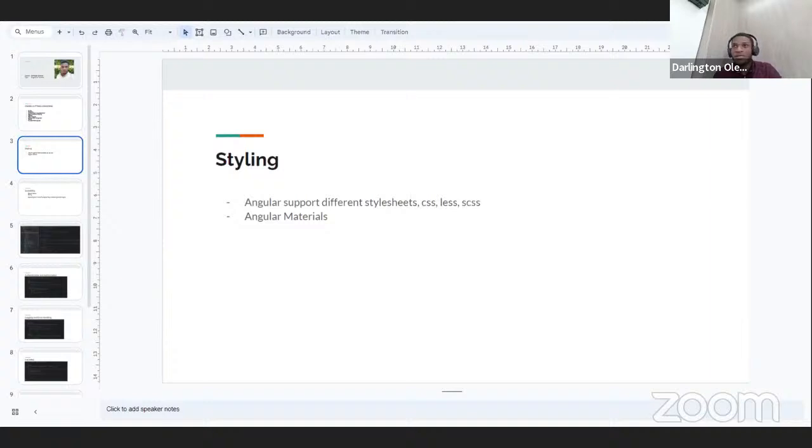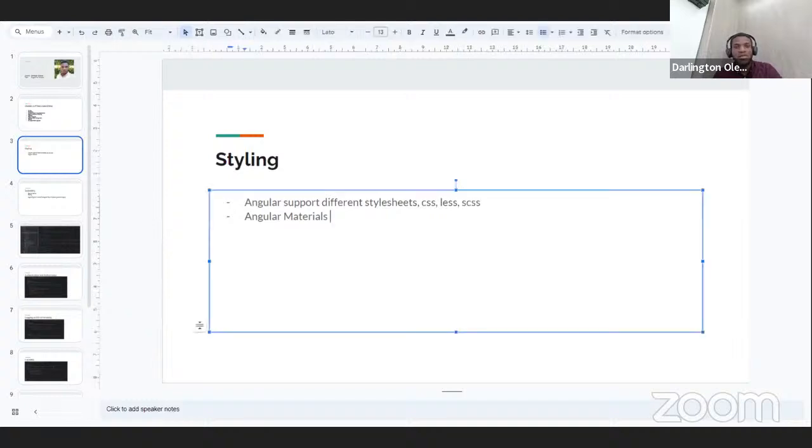Unlike, let's say, working with Next.js or React, where you have to start up the application and start configuring it yourself, this configuration overhead is something Angular does for you. Of course, Angular comes with the CLI tool. With the CLI tool, you tell it what you want to do and it does it. Angular is big on the CLI such that you don't really need to know how your modules connect with each other. You tell it, I want to create an app module or a routing module, you just give it the command, and it does it for you. So styling out of the gate, Angular comes with your CSS, your Less,